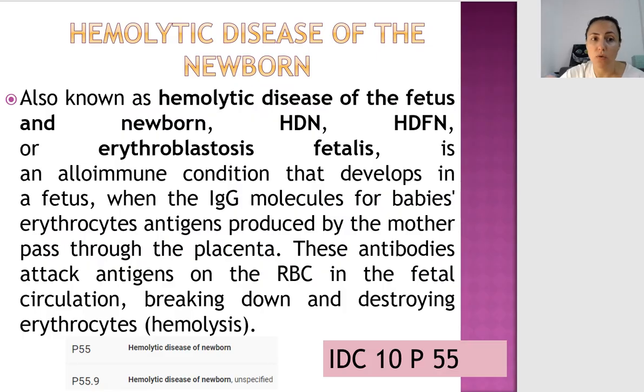Hemolytic disease of the fetus and newborn, another name erythroblastosis fetalis, HDN, HDFN. You can see different names in different sources of data. Also, you see the code in the International Classification of Diseases. What is it? It's an immune condition that develops in the fetus when immunoglobulin G molecules for babies'